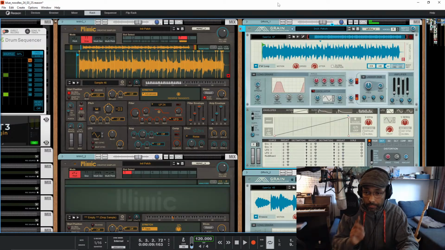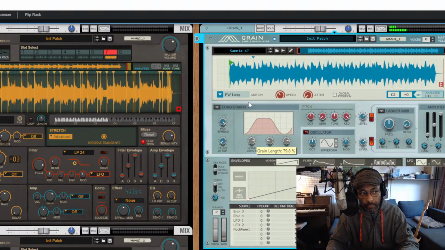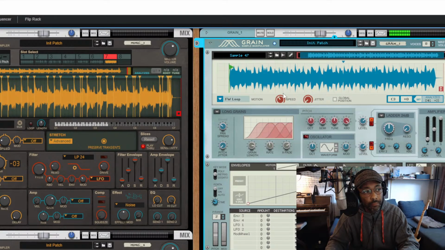Do you hear how this stereo image kind of like a ping pong or like a Leslie speaker? That's when you, I don't know how much you can actually see, when you mess with this pan spread. Let's make the grain bigger. Now you can really feel it. Left, right, left, right, left, right, stuttering. Let's dial that back, that's too wide. Increase the rate, get more volume. Let's put the speed back to where it was.